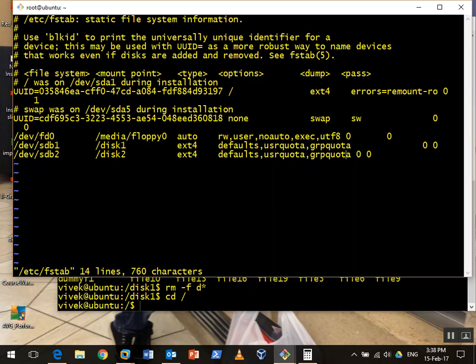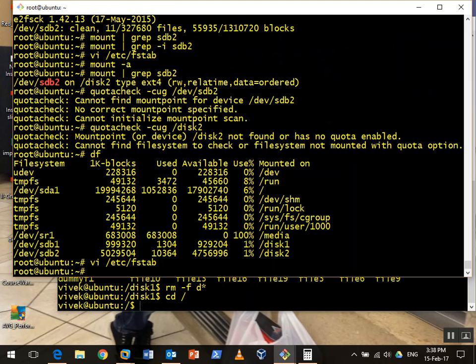So all my sales engineers, all my sales business development guys, I want them to have a particular limit of quota. I don't want to apply quota individually to each and every person, but I want to apply quota at a group level. So in that case, grpquota should be enabled. If you want to enable it at an individual user level, then only usrquota should be there. Just make these entries and now run the command